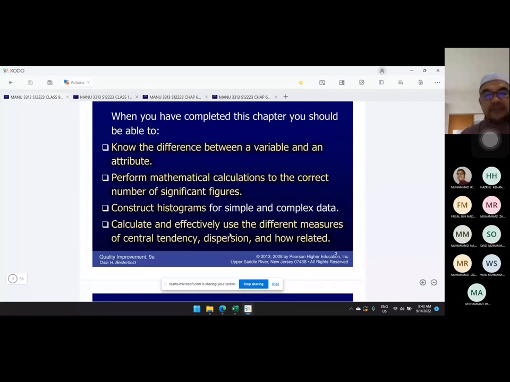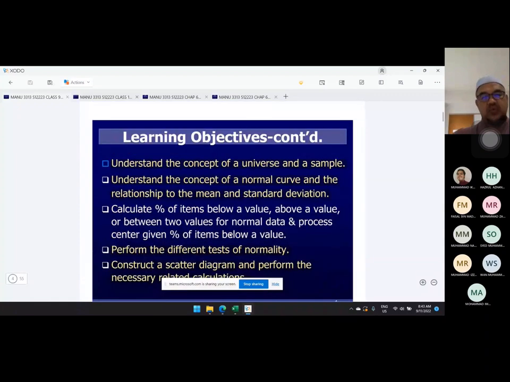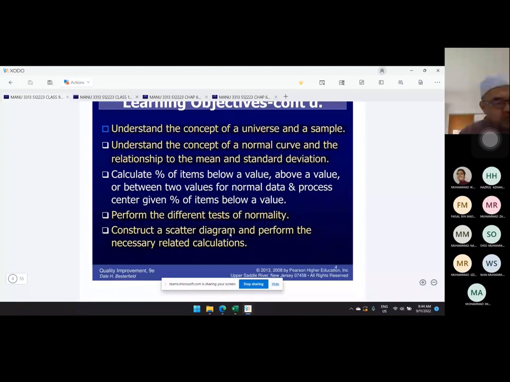Yeah. So that's, of course, I hope we also understand what sample is. And then by now, we should remember the normal curve, yeah? And then the formula for the standard normal value, okay? And then, of course, we need to know there is what we call the test of normality,